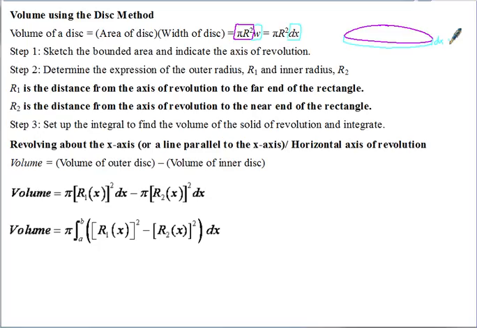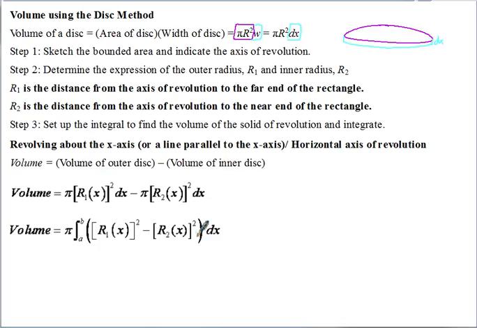So all we need to know here is the volume of one of those, and then we can integrate it on whatever interval we have, and that'll give us the volume of the entire three-dimensional shape. So for the disk method formula, sometimes there's a solid disk, and sometimes they have a hole in it. Because of that, you can pull the pi on the outside, that's a constant, and you just have the radius squared, minus, if there's any inner radius, r sub 2, you have to subtract that